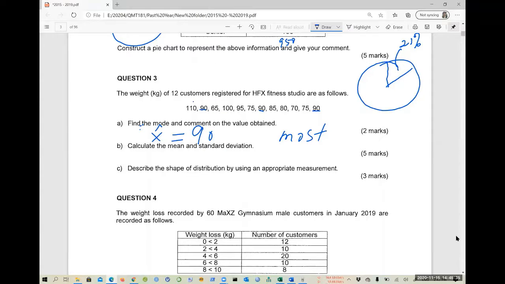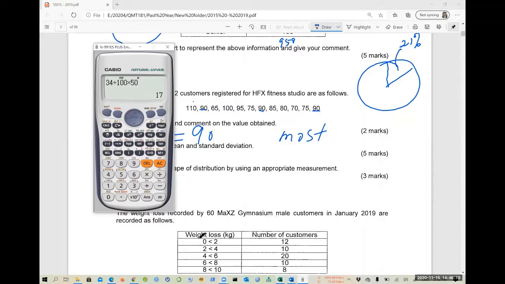Boleh. Okay, next, what we want to find right now is the mean and the standard deviation. So this is an ungrouped data set. Okay, the easiest way to find the mean and standard deviation is by using the formula kan. So you need to write the formula, and then you need to come up with the summation value. Okay, so I will bring up my calculator for you to calculate the formula.